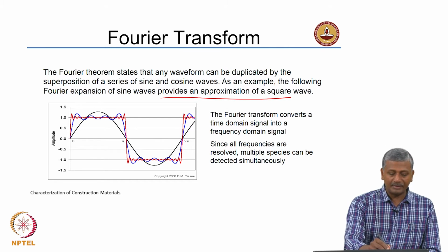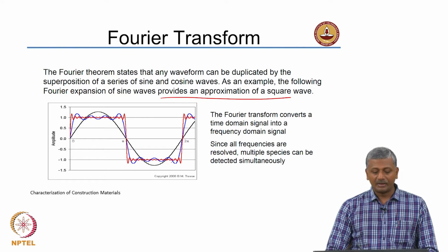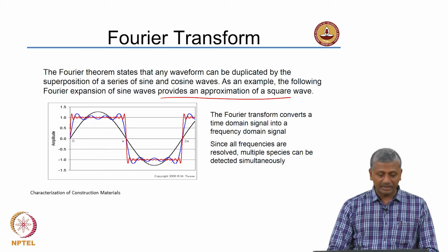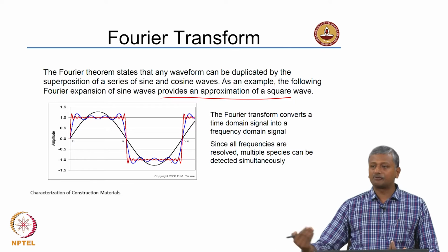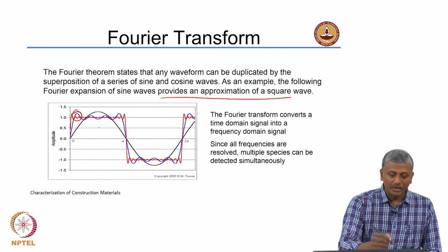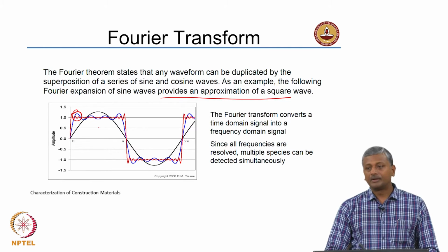So, this is the wave: the red is indicating a square wave, and the black is a sine wave, which is approximately following the same pattern. But then what you do is add a set of cosine and sine terms in the series to provide a wave that is able to more closely resemble the actual waveform that you have. Now, what is the advantage here?